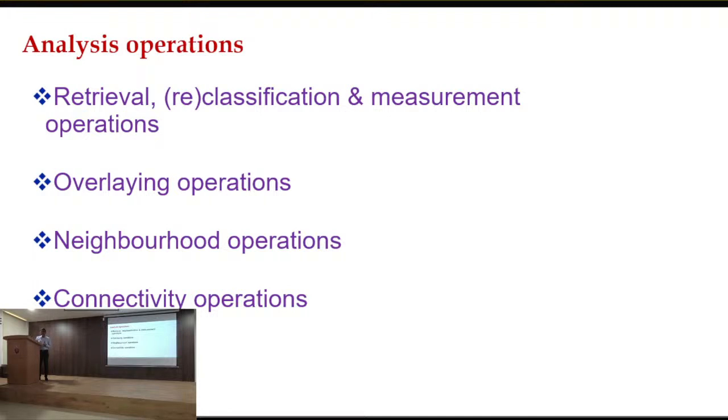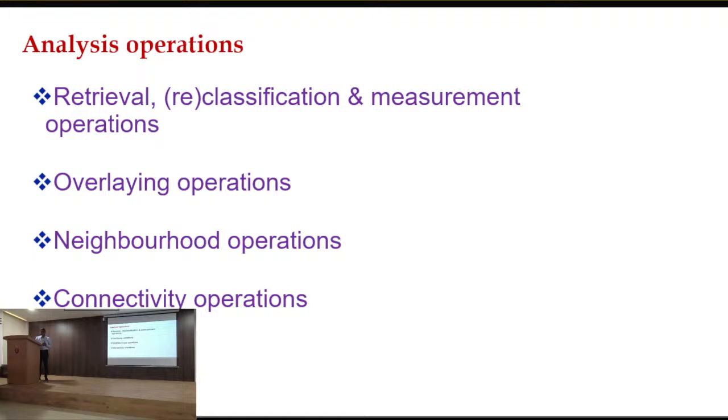From the utility point of view, when you want to do the analysis very quickly on a large area, suppose for the entire Hyderabad you want to study the rainfall pattern, that kind of operation in a continuous way, raster operations are more suitable. For example, you want to study the rainfall distribution of the entire Hyderabad. We have rainfall from yesterday at some particular time. If you capture that data, you want to classify the rainfall into different clusters, which cluster has a different intensity. That way raster is more important.